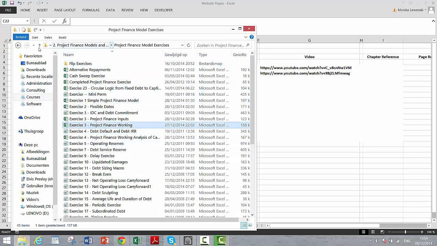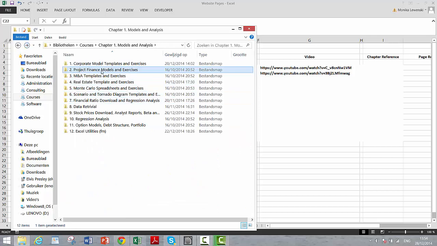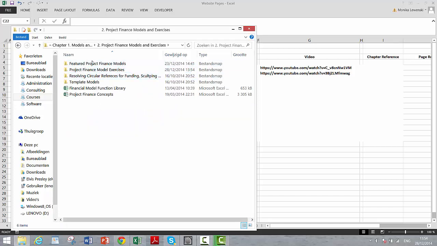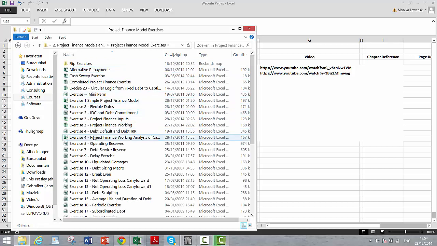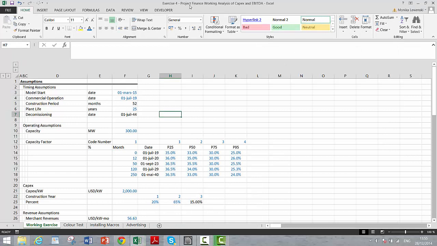In this one, if you have sent me a nice little email asking for the Google Drive, and I send you it back, I give you this one called in the exercises. This was in chapter number 1, folder number 2, project finance model exercises, and then we have exercise number 4, project finance working analysis of Capex and EBITDA. Okay, and this follows on directly from